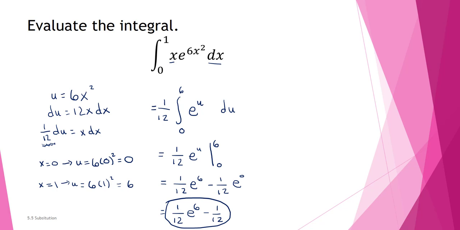Okay, I just want to highlight the main idea one more time. In the original problem, I have a dx. I have this function in terms of x, and the 0 and the 1 are x values. Okay, so all x stuff up there. However, once I move on to the next step, I have a du, I have a function in terms of u, and my numbers are now u numbers. So in this step, everything is about u's. Okay, it's really important that we keep the x's and u's sort of separate so we don't get them mixed up.